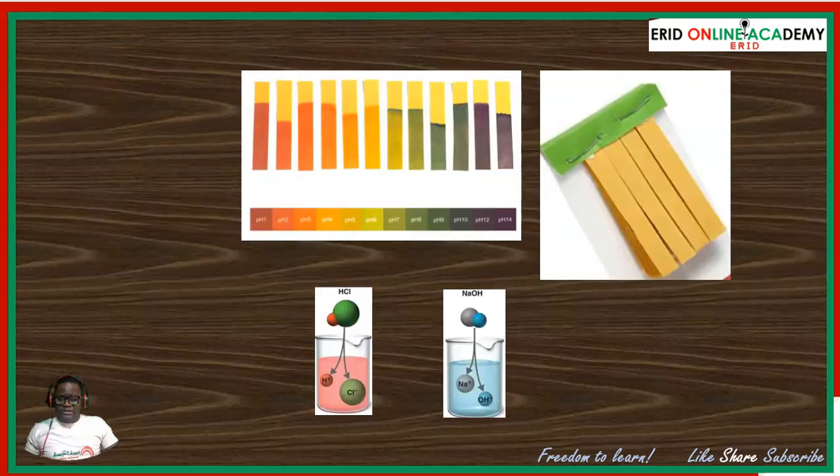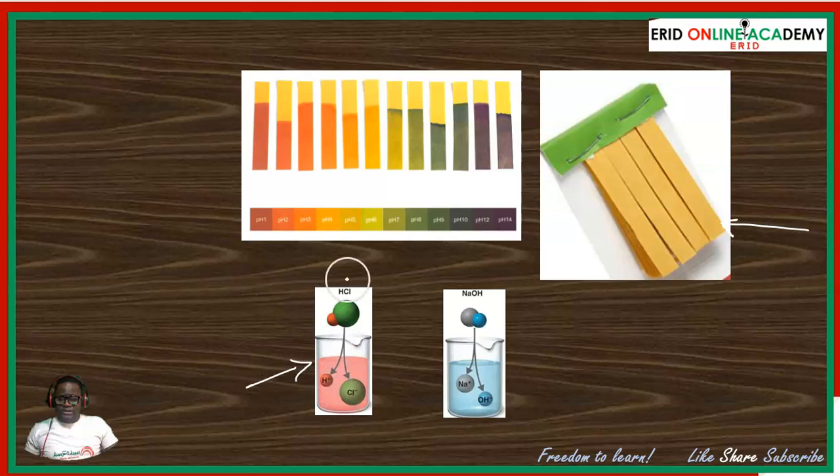For example, a universal indicator paper is usually yellowy in color, kind of deep yellow or kind of brown in color. So if you take this universal indicator paper and dip it into a solution of an acid, don't forget that an acid usually has two parts, hydrogen and what? The negative part. Because this hydrogen ion is dissolved in solution, this solution will have a concentration of hydrogen ion, and of course that will make it become acidic.